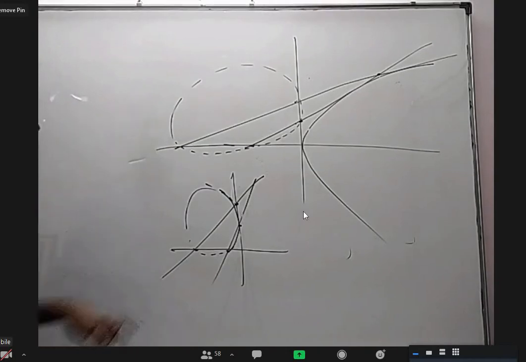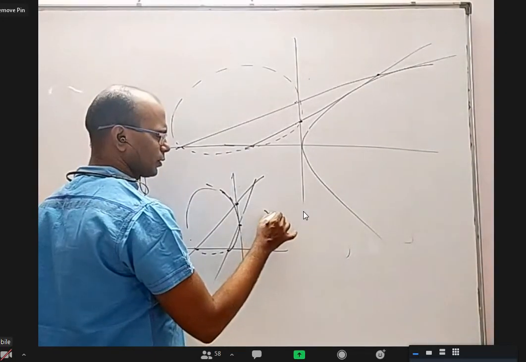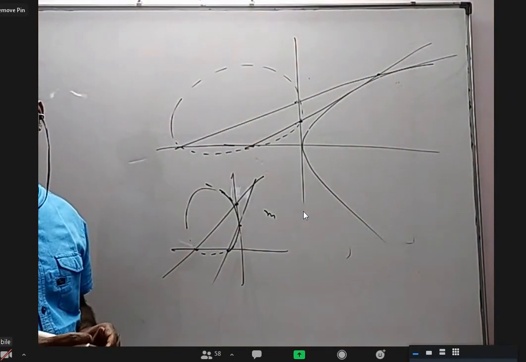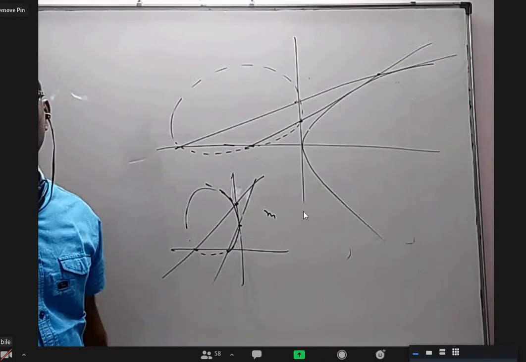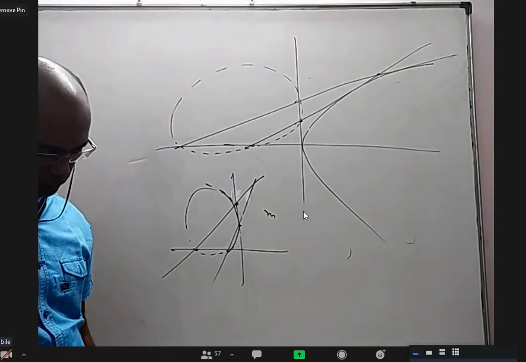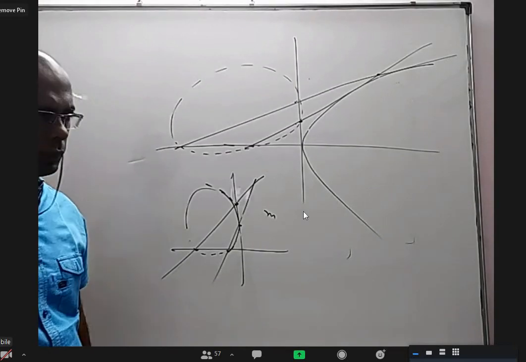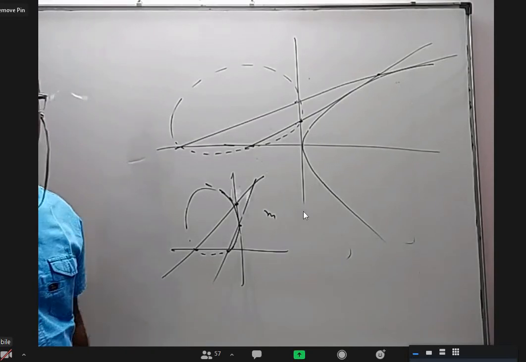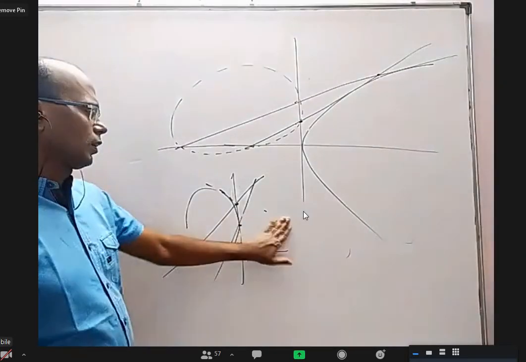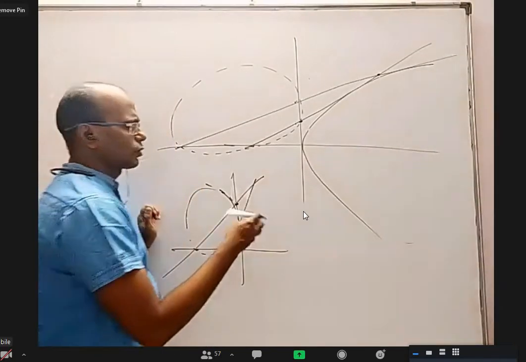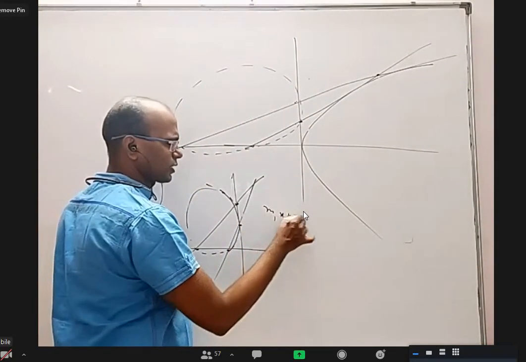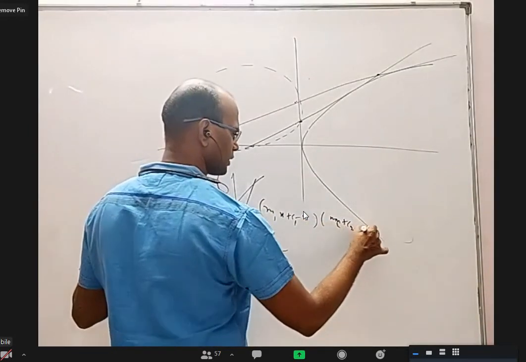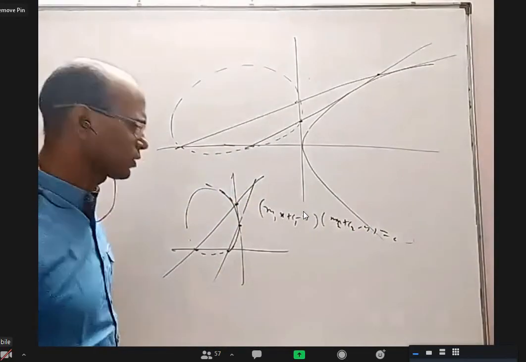Okay, even here, one method would be, yes, please. Sir, while finding, y is equal to m1x plus c1. While finding the combined equation, we'll get minus (m1 plus m2) into xy. Sir, to cancel out the xy term, it should be minus. No, that is not the reason. Okay, it's nice that you want to take one line as m1x plus c1 minus y equal to 0, another one as m2x plus c2 minus y equal to 0.